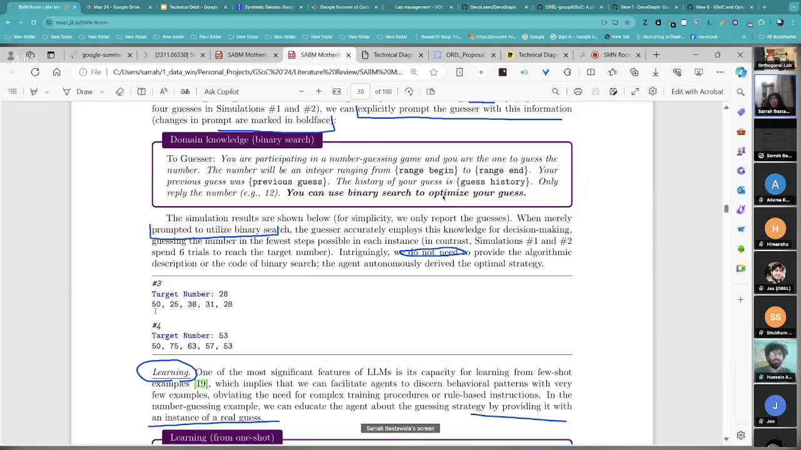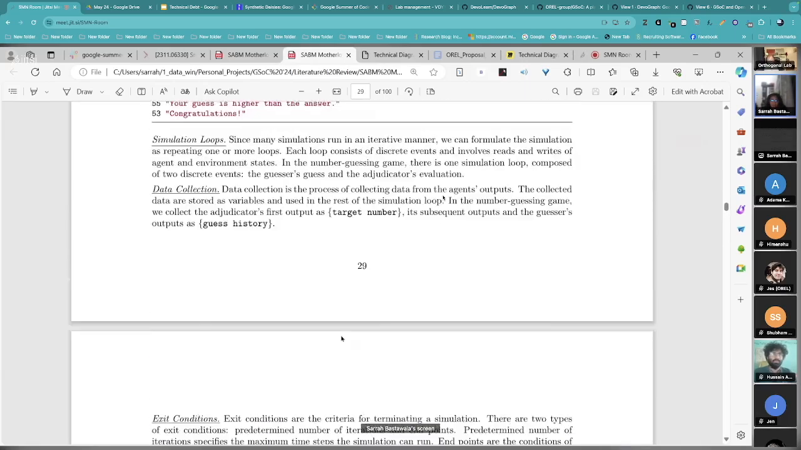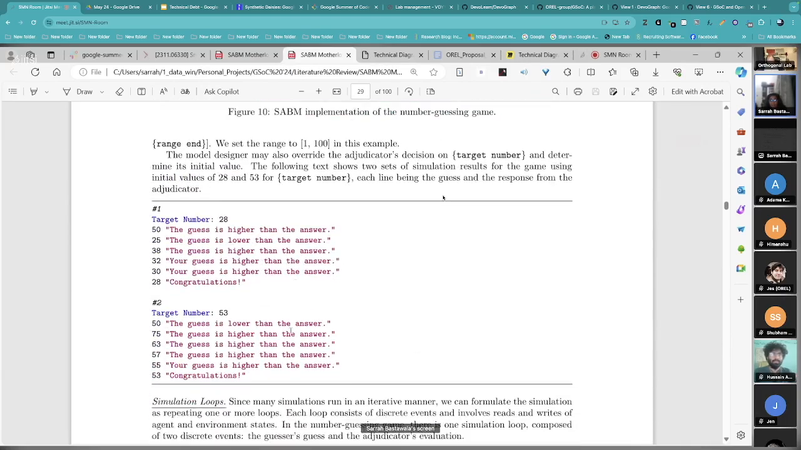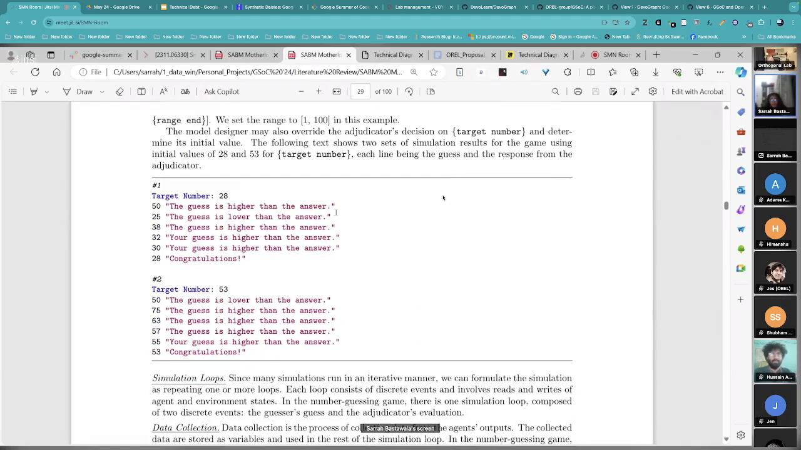So first it guessed 50, and the answer was 28. The response it got was that this guess is higher than the answer. Then it guessed 25, and the response it got was that this guess is lower than the answer. So now if I wanted to model this in an